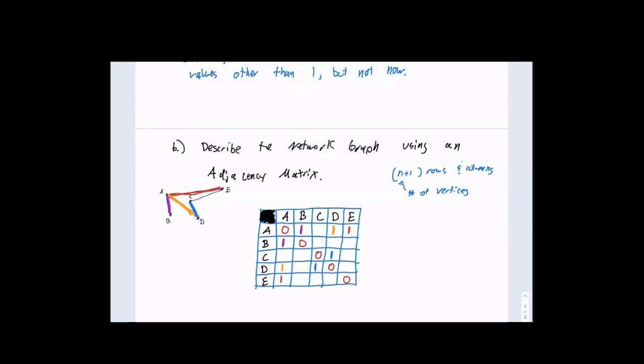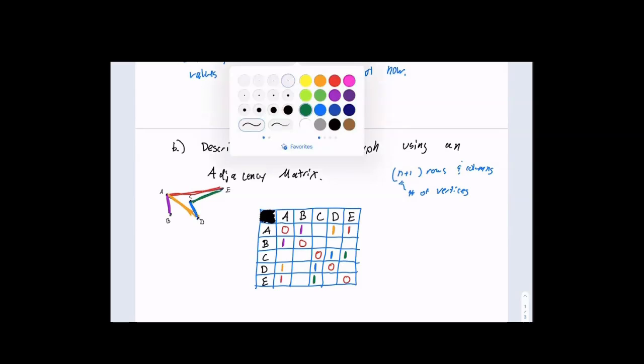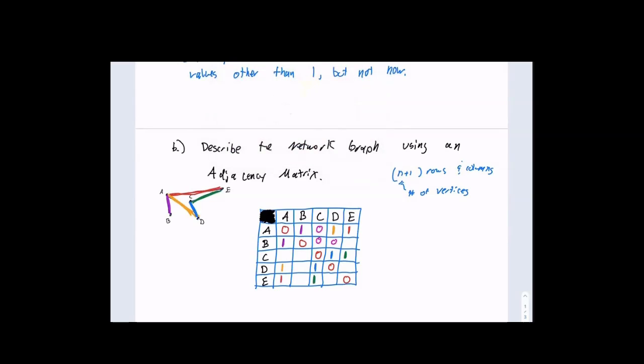And finally, CE is right there, which is EC, which is right there. What is everything else? Zeros. Zeros. There's no connections